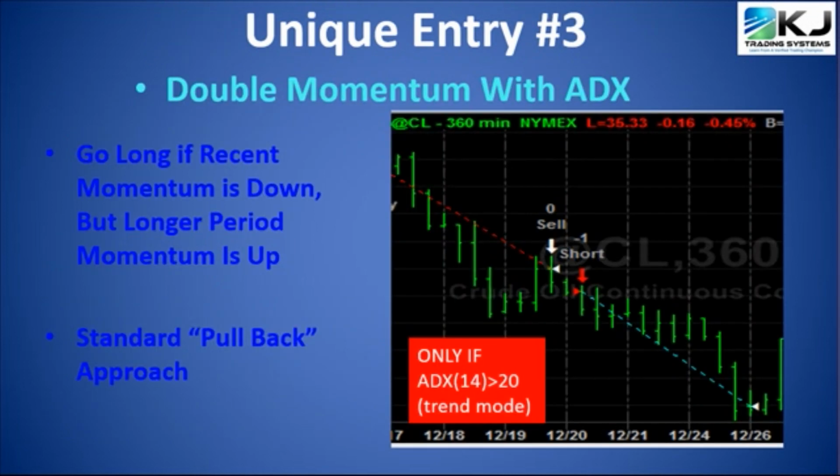Entry number 3 is a double momentum with an ADX filter. So an ADX calculation, if it's above 20, it'll tell you you're in trending mode, and that's the only time it's going to take new trades. So again, it's not that much different than the double momentum, but what really makes this unique